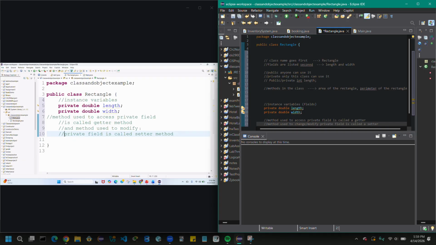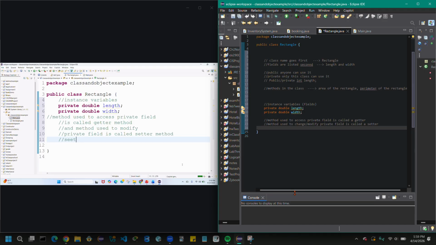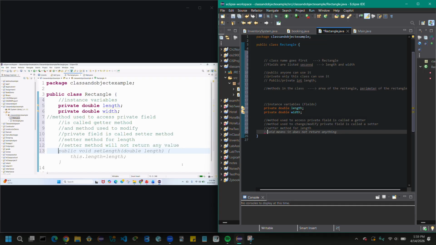Now the syntax for this is, again, for the setter first, setter method for length. Remember, a setter method will not return any value, so we use void in that. We write public void setLength(double L), or maybe I'll make it easy for you, double len.